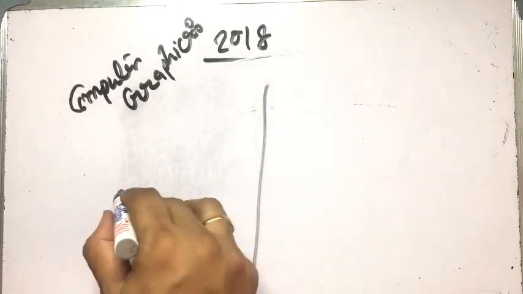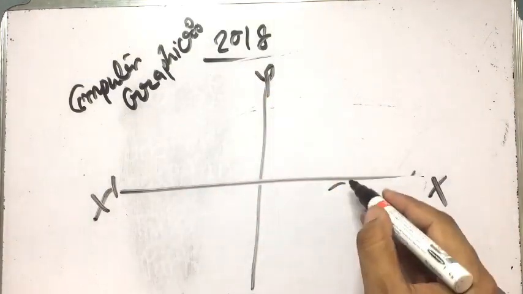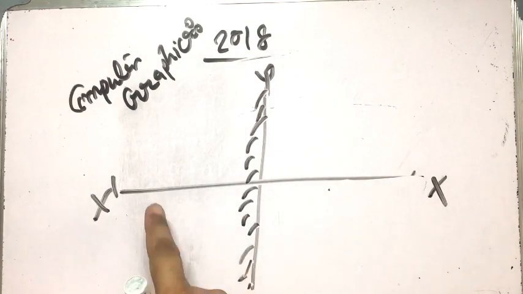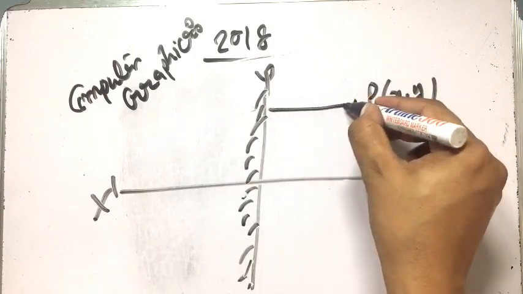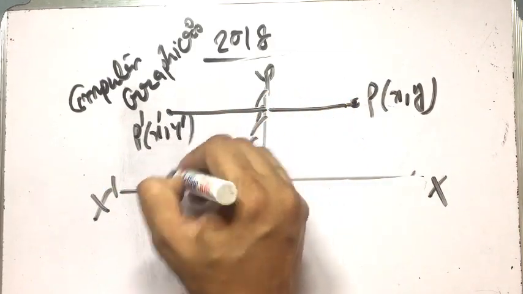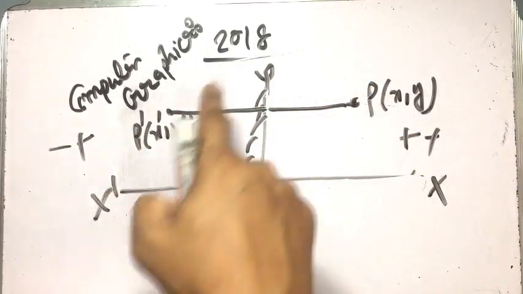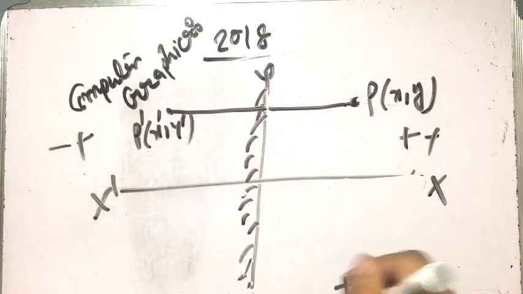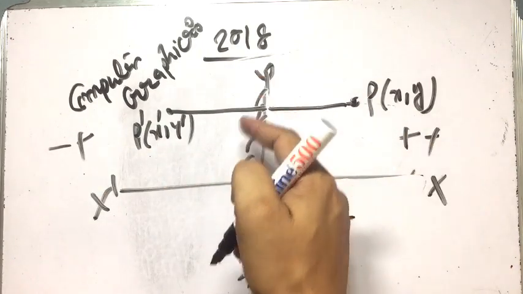Now this is the x-axis, and this is the y-axis. Now we have to consider y as a mirror. If you perform x as a mirror, this will be the mirror, and here y is the mirror, and the point is P, that is x, y. Now the reflected point is P dash, that is x dash, y dash. The x coordinate goes from plus to minus, and y remains the same. The point is shifted to the second quadrant.